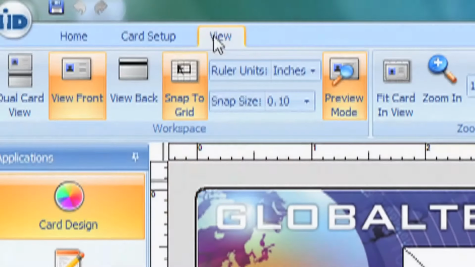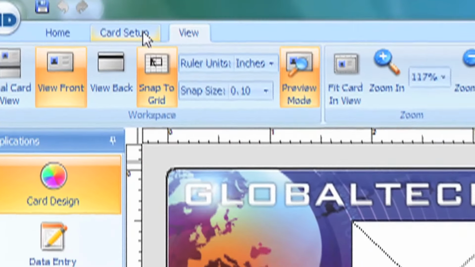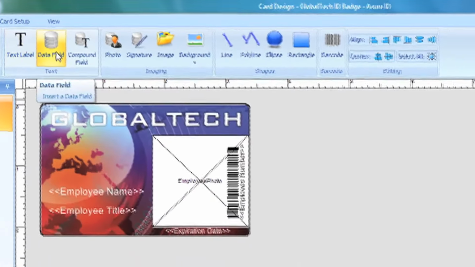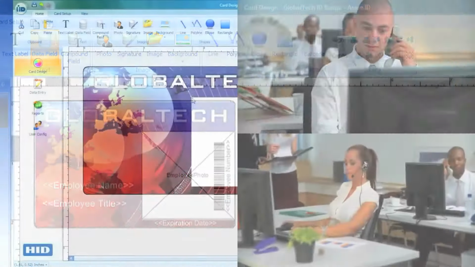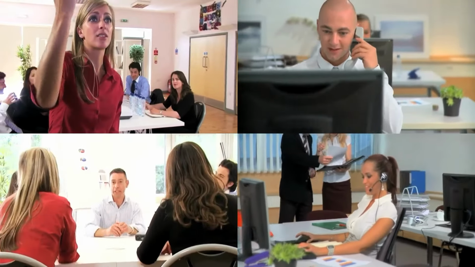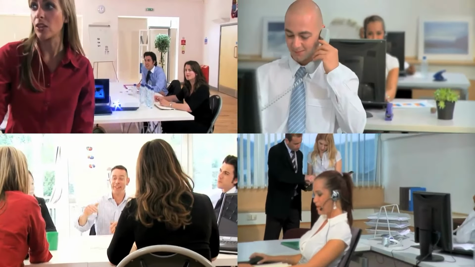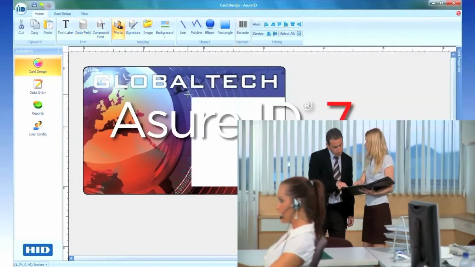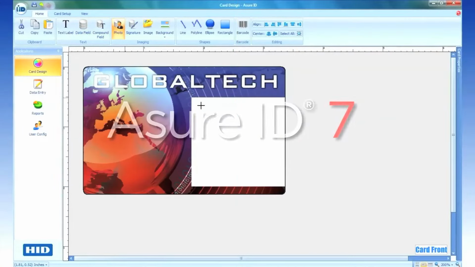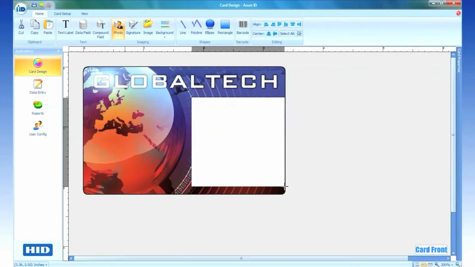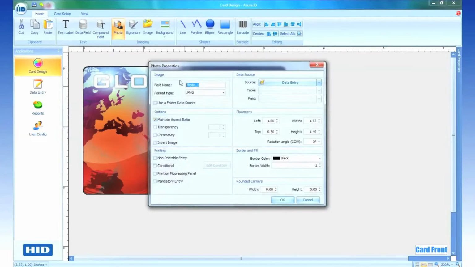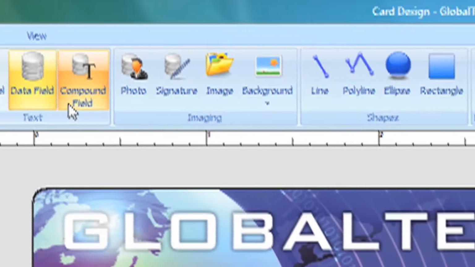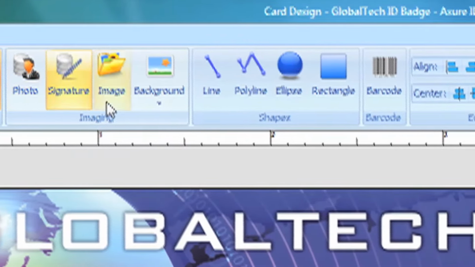With tab-driven navigation, convenient tools, and flyout control palettes, Asure ID 7 is easy to use, even for new users. More than a year of testing and customer feedback went into developing the Asure ID 7 software, improving its look, usability, and performance. In fact, everything has been so carefully thought out that Asure ID seems to anticipate what you need to do next. The user interface will seem familiar because its structure is based on the standard Microsoft Office